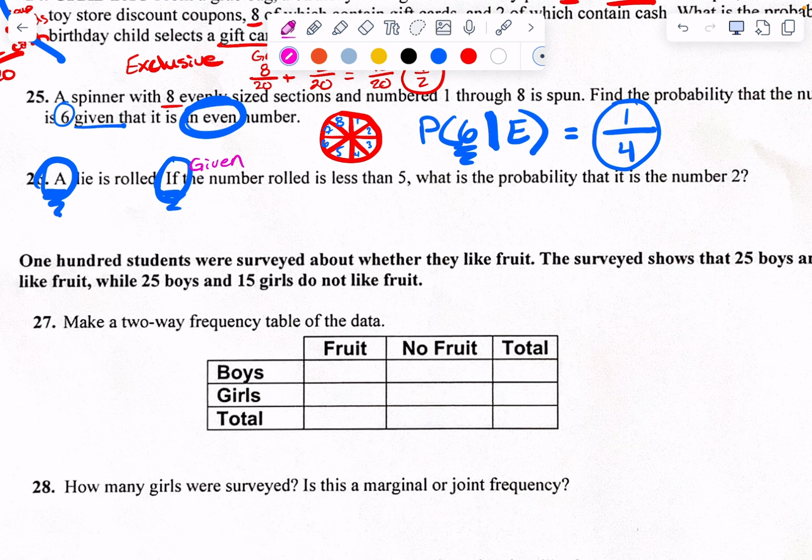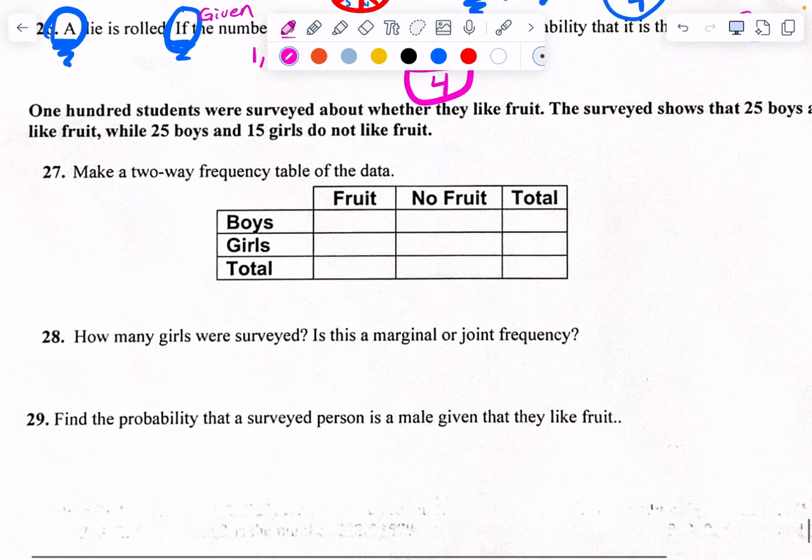Okay? What are numbers less than 5? 1, 2, 3, 4, right? Numbers less than 5. So instead of my bottom number being 6, now my bottom number is only 4. What is the probability that the number is 2 exactly? 1/4. Okay, beautiful. 27, 28,